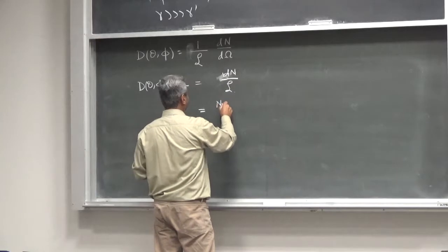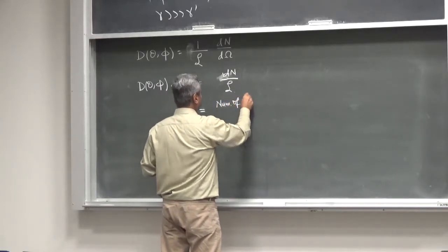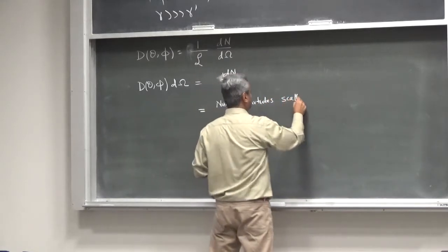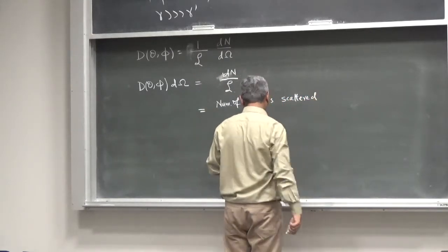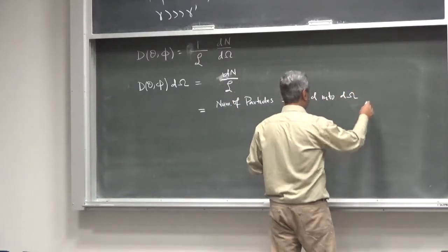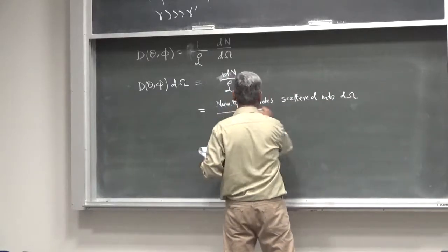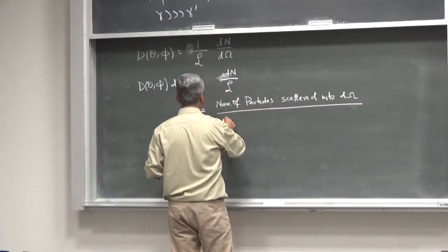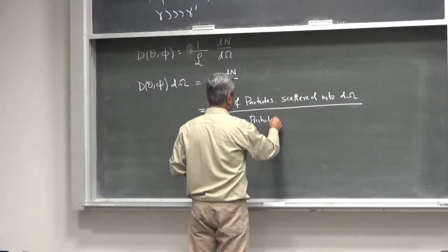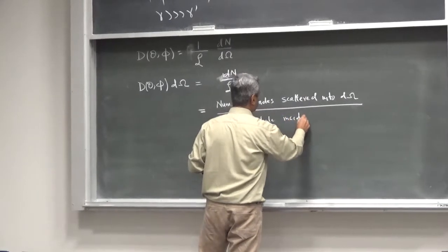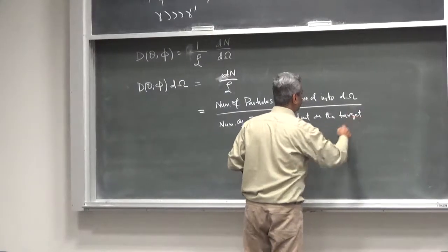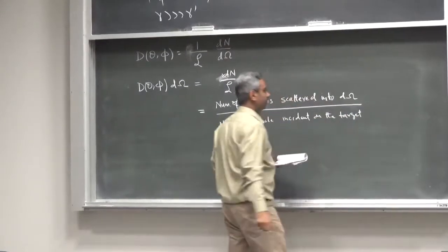Number of particles scattered into d omega per unit time over number of particles incident on the target per unit area per unit time,